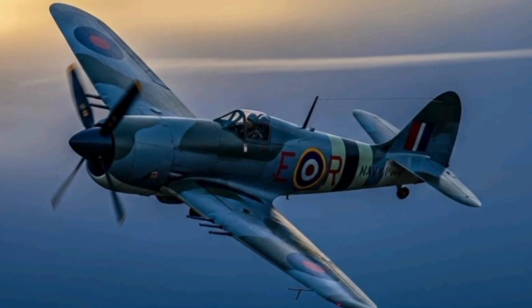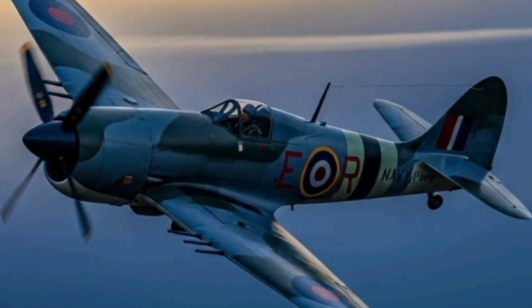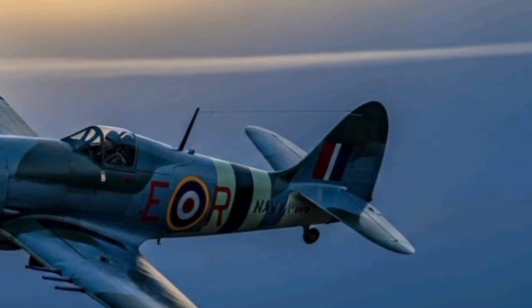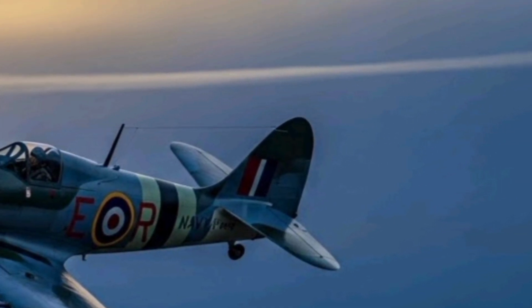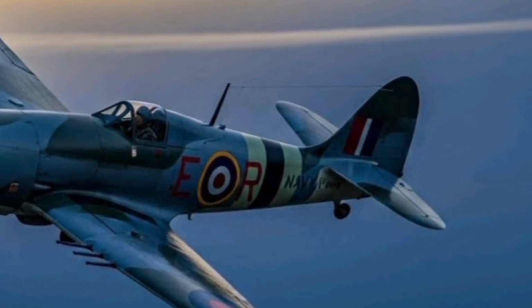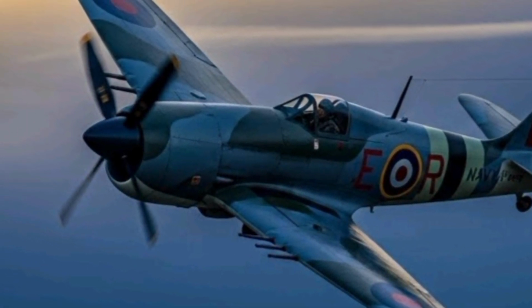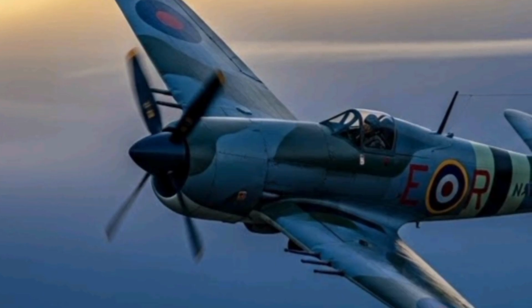The Fairey Firefly stands as one of the most respected British carrier-based aircraft of the Second World War and the early Cold War era, combining reliability, striking power and reconnaissance capability in a single airframe. Designed by Fairey Aviation for the Royal Navy Fleet Air Arm, the Firefly first flew in 1941 and entered operational